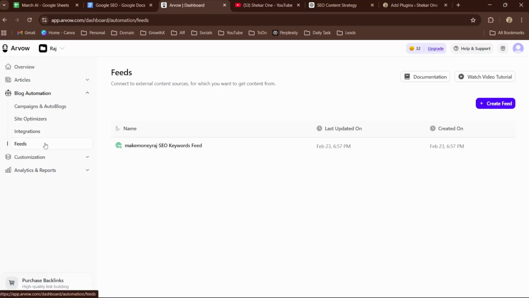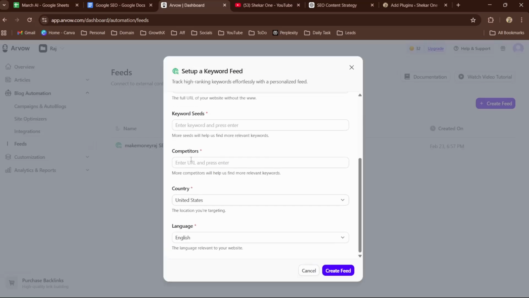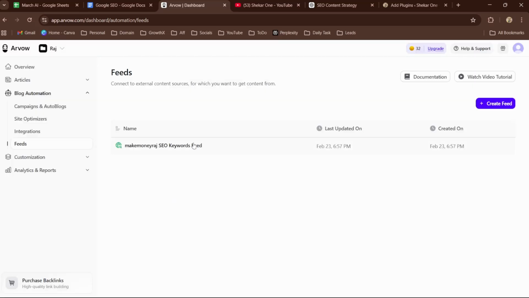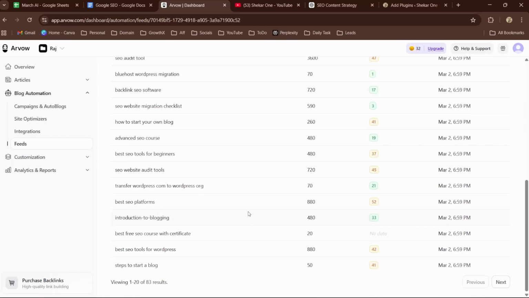And once you do that, go into the feeds and click on Create Feed, and here set up a new keyword feed. And here you need to add your website URL, competitors, country and language. Once you click on Create Feed, it will automatically fetch keywords from the competitors and add them into the keywords. And however many seed keywords you enter, it will auto find all the semantic keywords, everything, just like you're